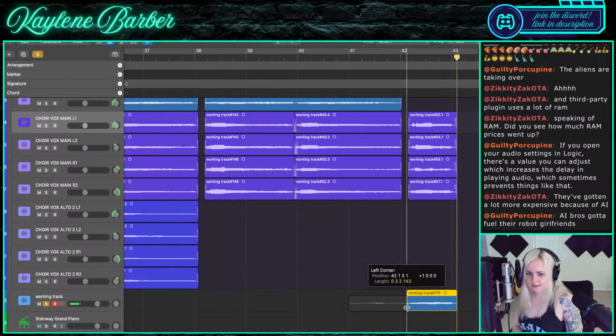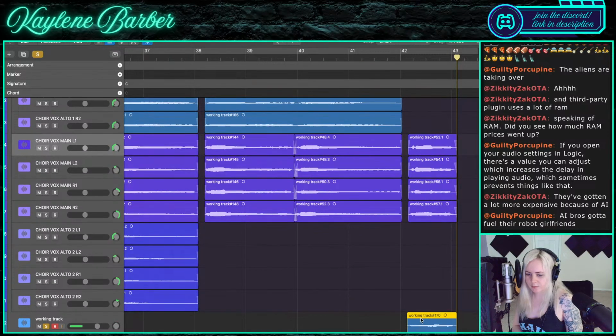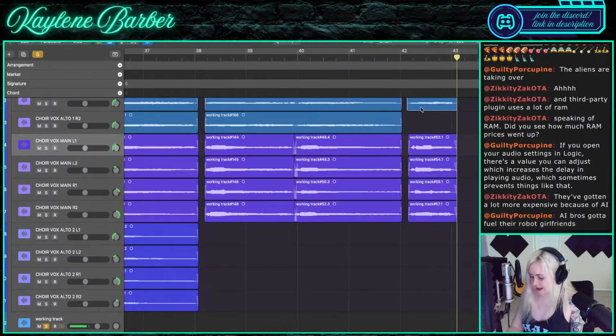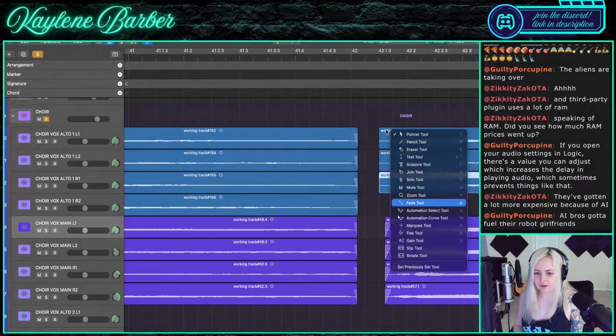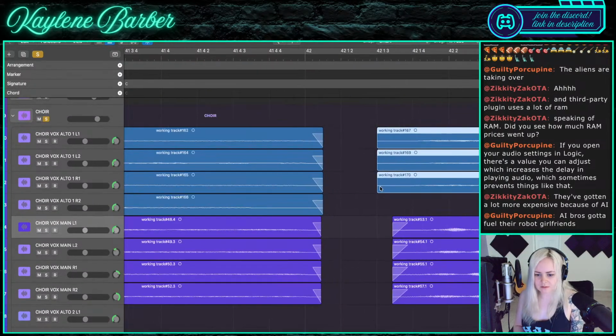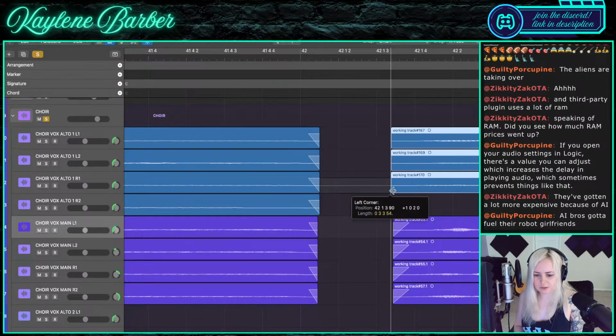Need to shorten this slightly before I move it up here. Okay, and then Zach said they've gotten a lot more expensive because of AI, the RAM. And then Porcupine said AI bros gotta fuel their robot girlfriends. Yeah, but they should use their own RAM for that, not RAM on other people's computers. I know that's not how it works, but